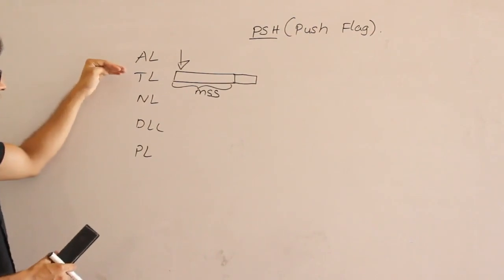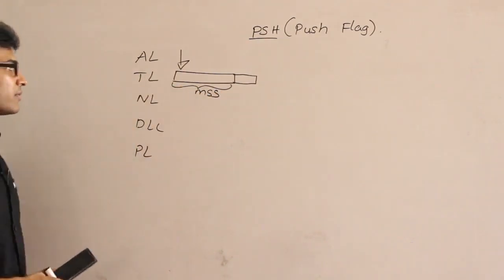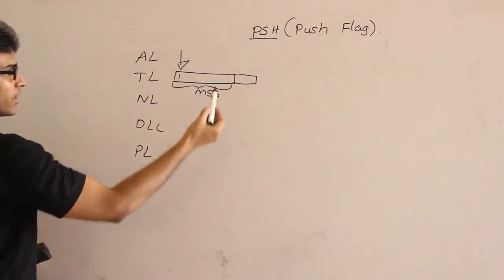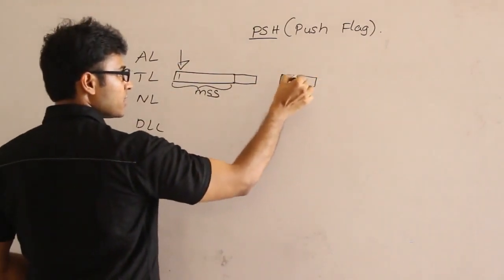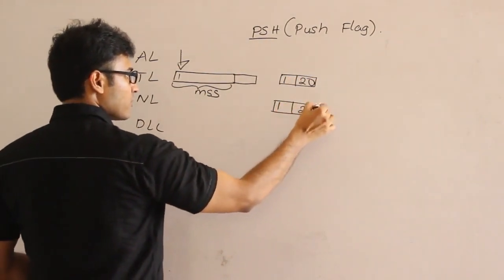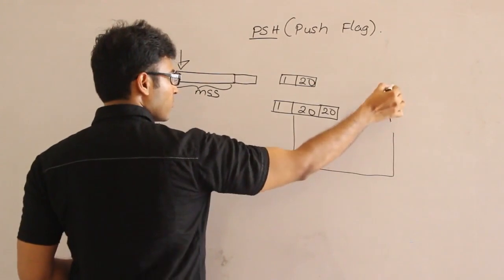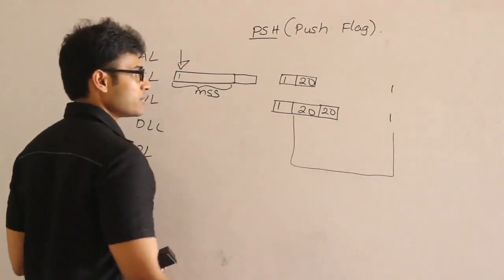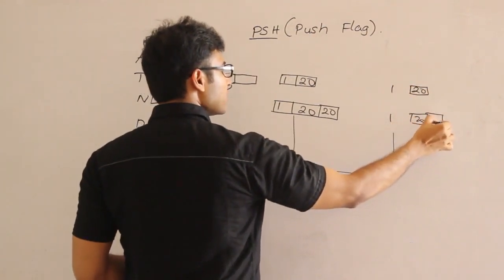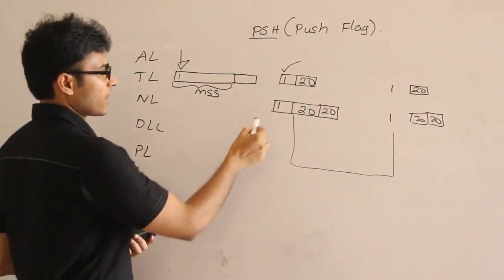Otherwise, what happens is, if the transport layer doesn't wait for more bytes to fill up the entire segment, and you send every byte down to the network layer, then for every 1 byte, 20 bytes of transport layer header have to be added, and then for that 1 byte, 20 bytes of network layer header have to be added, and this has to be sent to the other side. The other side is going to pick up only 1 byte, and again the other side is going to send a pure acknowledgement. In case they are sending a pure acknowledgement, then it is 20 bytes, and then 20 and 20. So in order to send just 1 byte of useful data, we will end up sending nearly